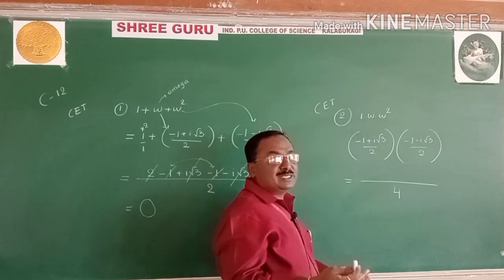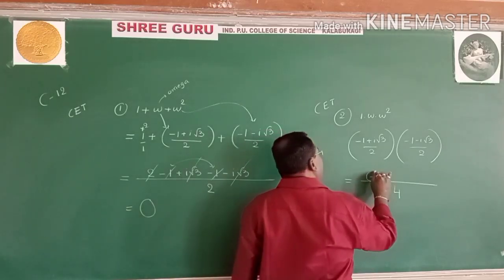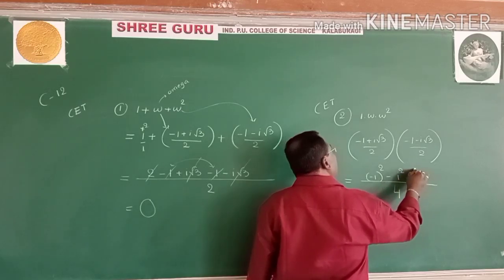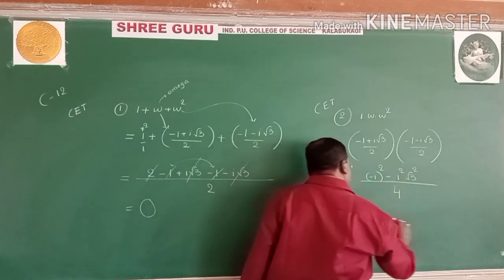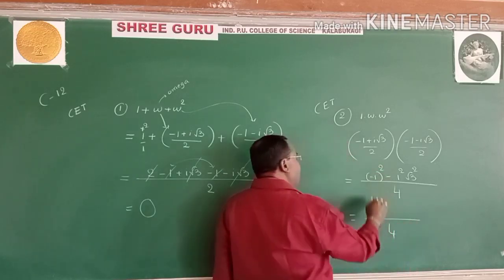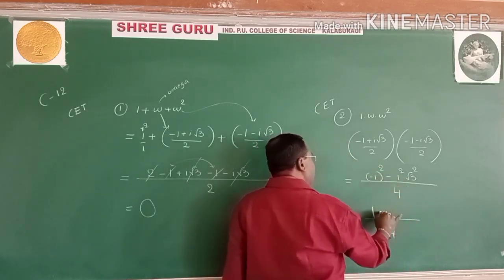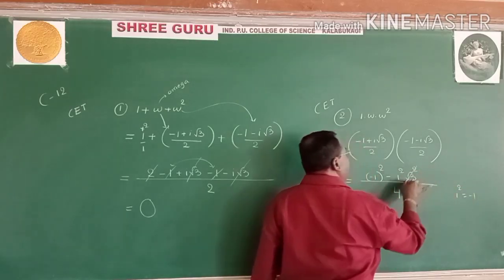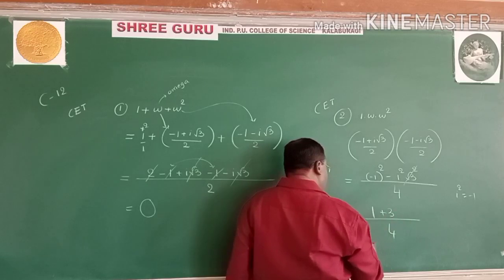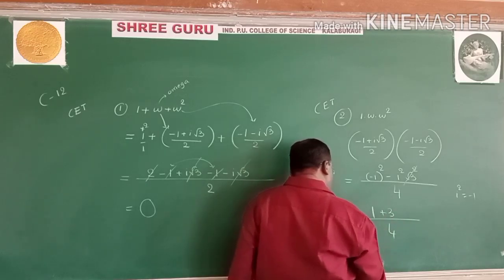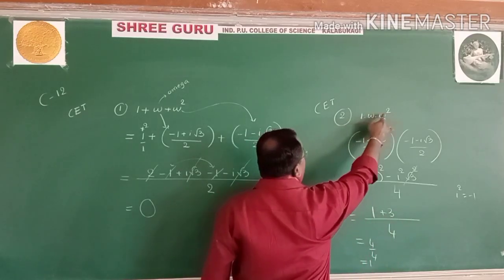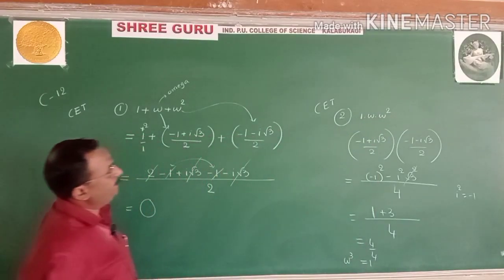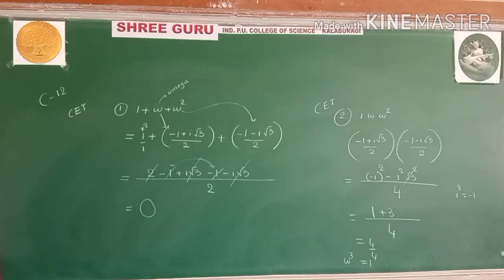A plus B, A minus B is what? A square minus B square. LCM is 4. Negative square always positive. I square value minus 1. Minus minus plus, because i square value minus. Square and root cancel. 1 plus 3, 4. 4 by 4, 1. Yes. 1 into omega square, value is what? Omega cube. Same base, power should be added. Product is 1. Sum is 0.